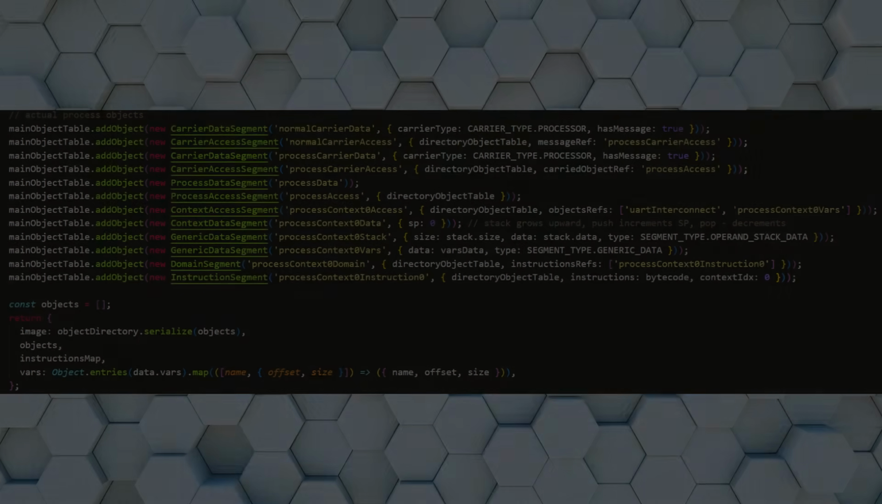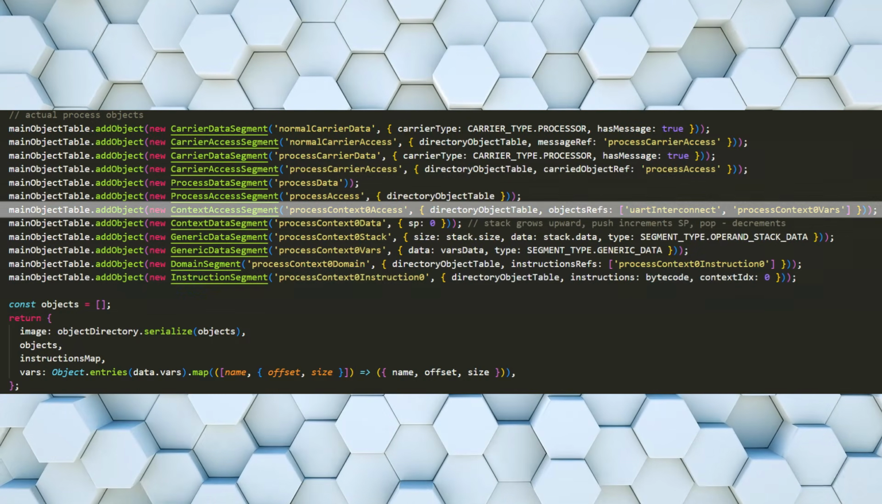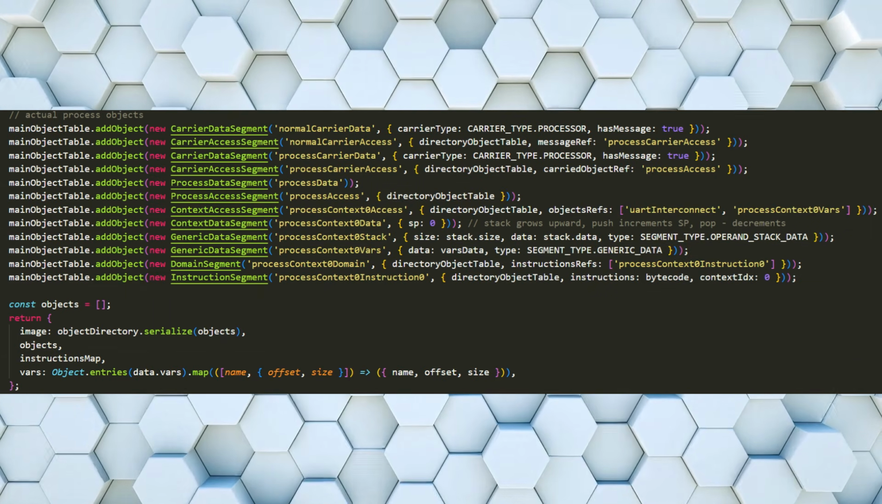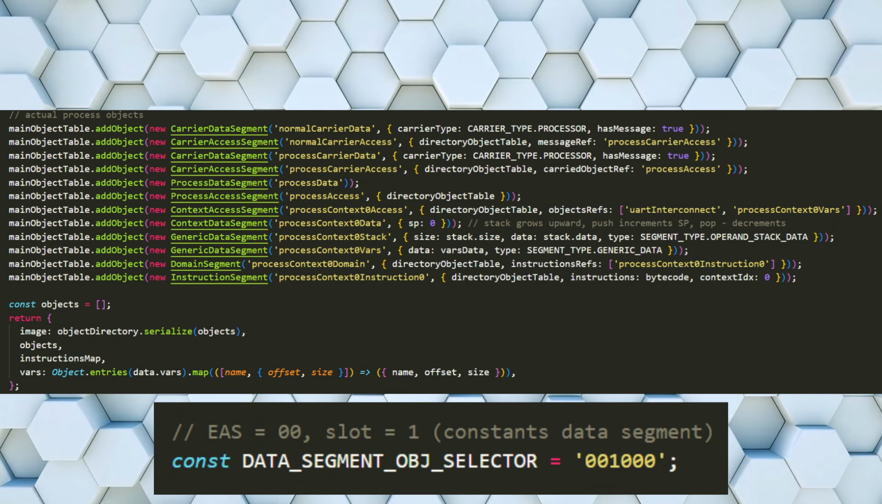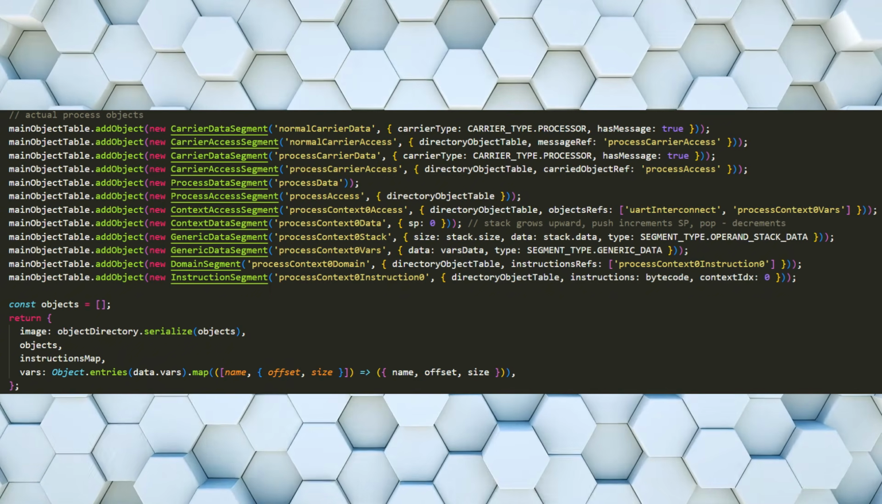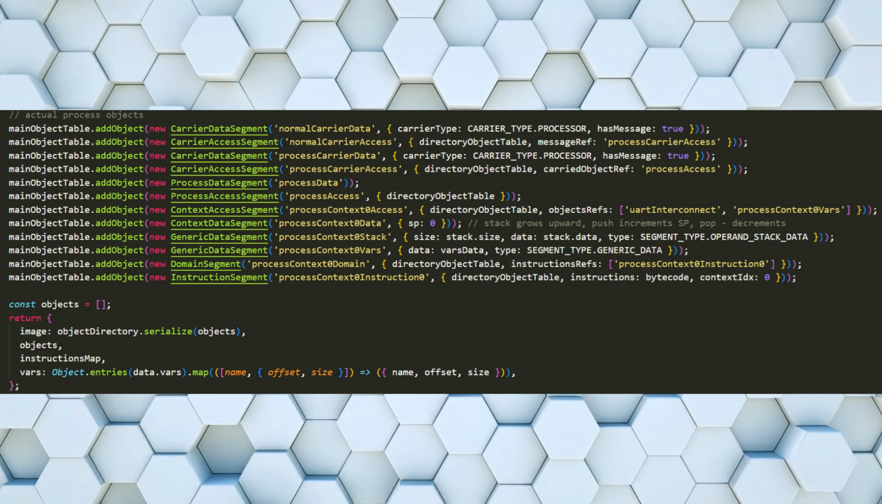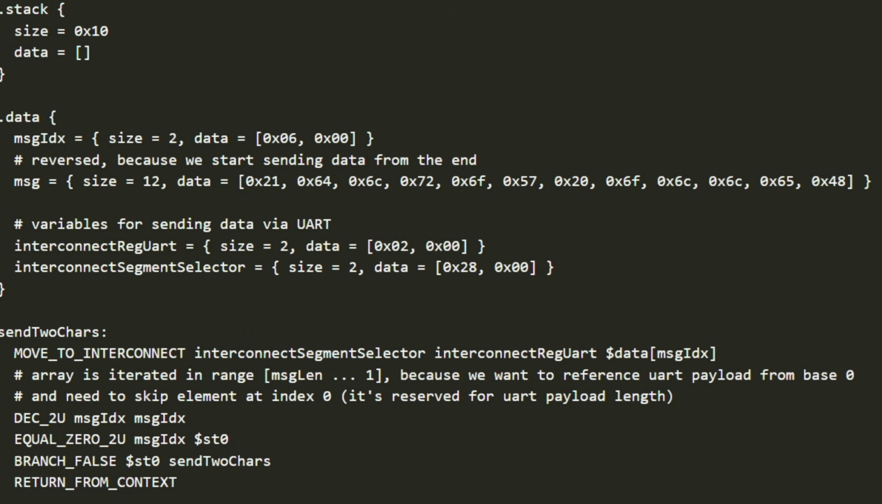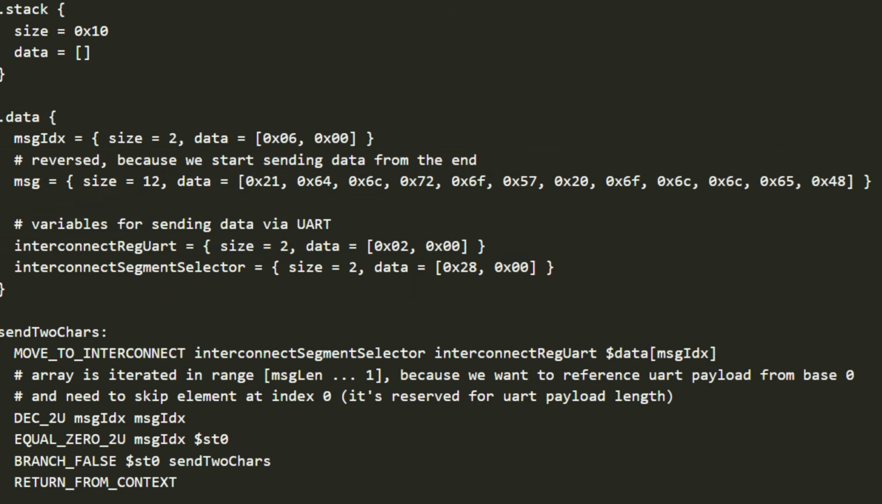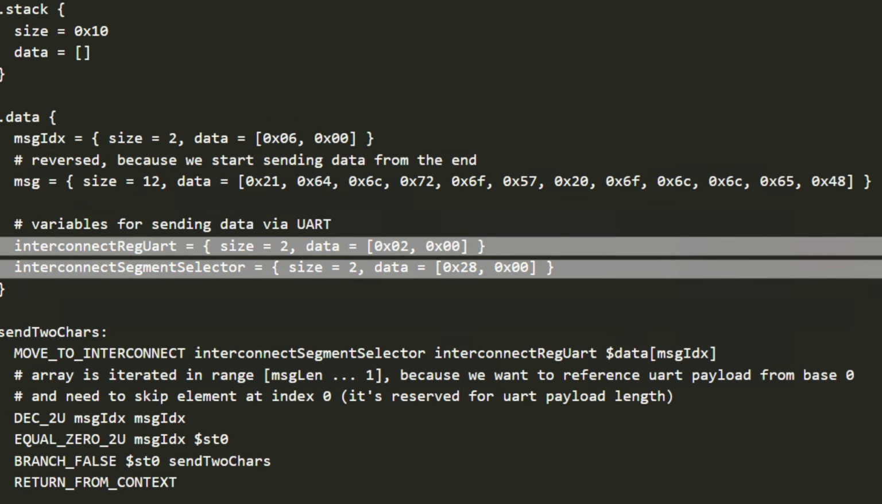All my programs have just a single context and a single data segment for variables, so object selector is always the same and we can use direct addressing for all variables. So let's see how hello world for APX for FreeTOM looks like. There are two sections with compiler directives to declare stack and variable segments. We have message to send, its length in words, and auxiliary variables to interact with interconnect register that are reserved